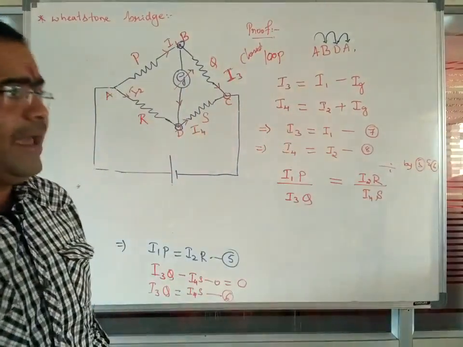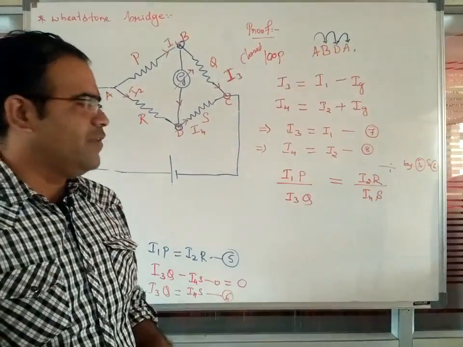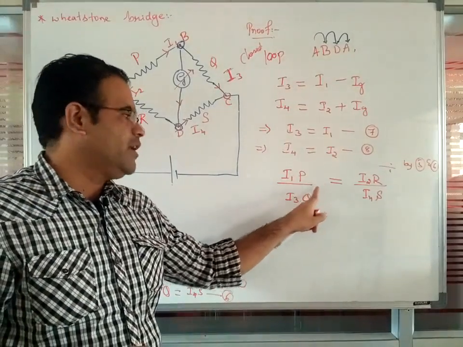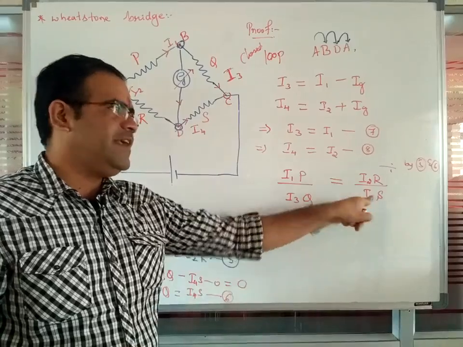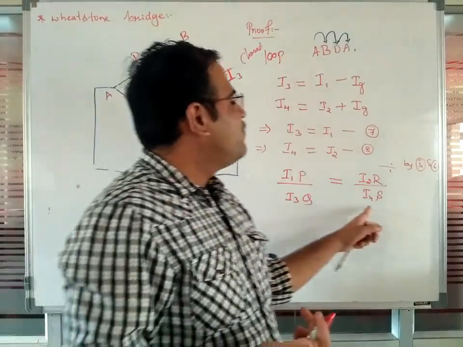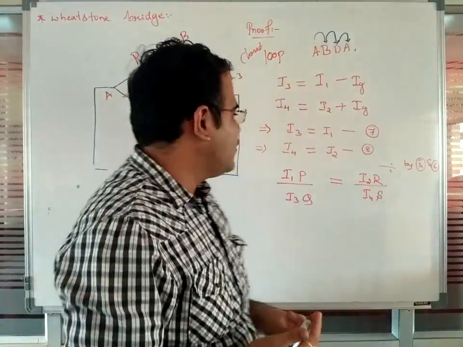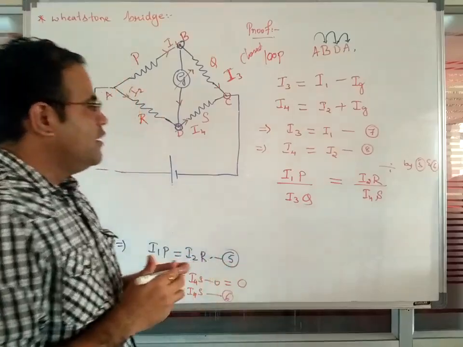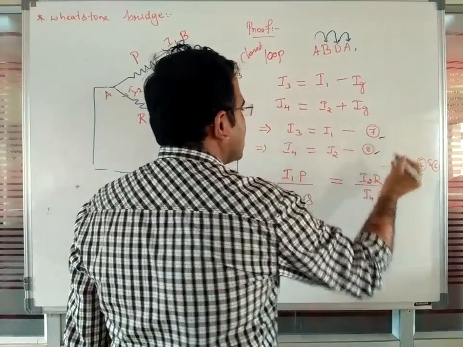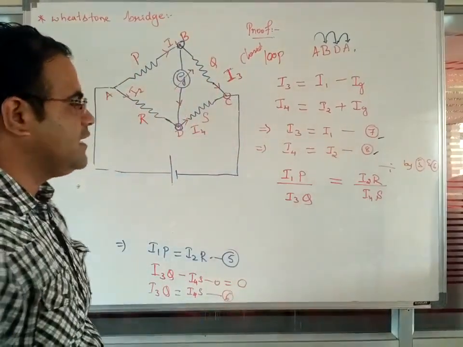So dividing the fifth equation by the sixth equation, you are going to observe I1 into P divided by I3 into Q is equal to I2 into R divided by I4 into S. So this is the equation you are going to observe. Now according to equations 7 as well as 8,